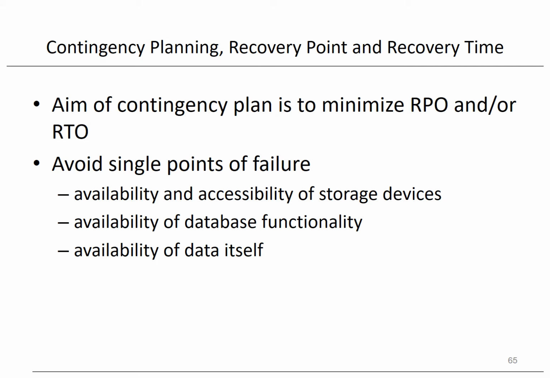The aim of a contingency plan is to minimize the RPO and/or RTO, or to at least guarantee a level that is appropriate to the organization, department, or process at hand. A crucial aspect in this context is to avoid single points of failure, as these represent the Achilles heels of the organization's information systems. With respect to database management, the following points of failure can be identified: